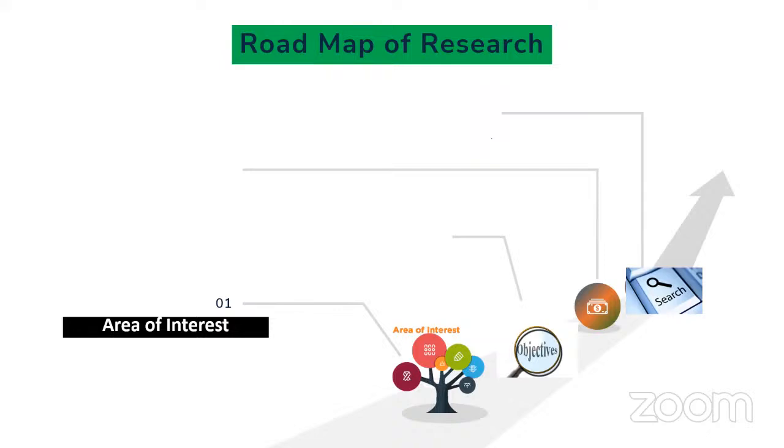As a final year or undergrad student, you have to bring your mind towards your area of interest. So let's see what your area of interest is. Area of interest can be broad, but not so broad that you will lose your interest in it. Your area can be the subject which you are studying or the subject which you have already done. So for example,